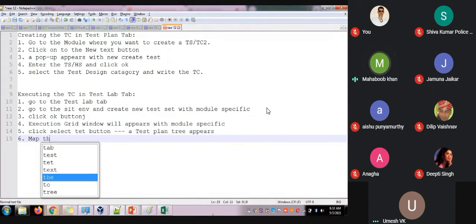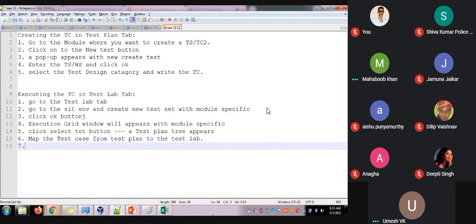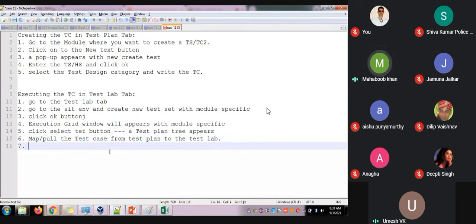Then after this, what you need to do? Map the test case from the test plan to the test lab. Try to understand. Now you should map the test case, or you should pull it, from the test plan to the test lab.